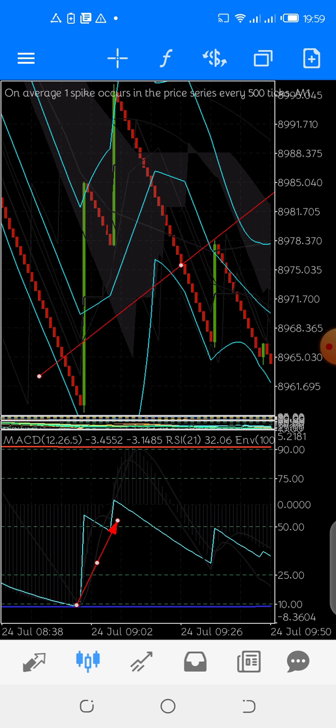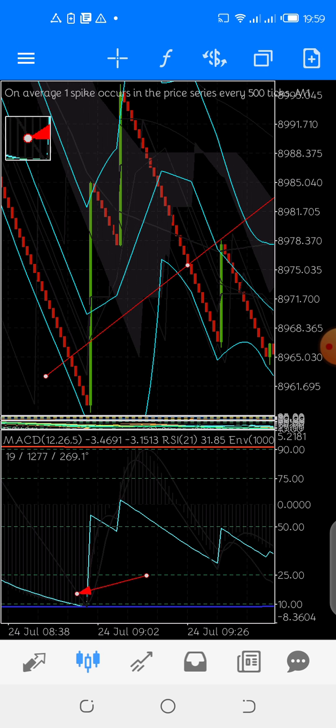An uptrend sets itself in, it does not just spike once since we've reached an overbought level. How are we in an overbought level? You see this RSI 21 touched level 10. Okay, so I specifically don't use RSI to place trades on the extremes of level 10 and 90. Why? RSI does not work all the time. You may find sometimes it touched level 90 and then you placed your trade and it does not spike. So I don't use RSI to trade level 90 and level 10. You can even sometimes move from level 90 and it goes all the way to level 100, or sometimes it can be very crazy